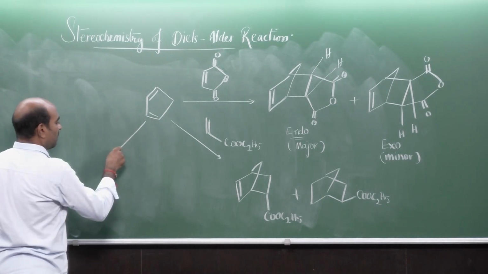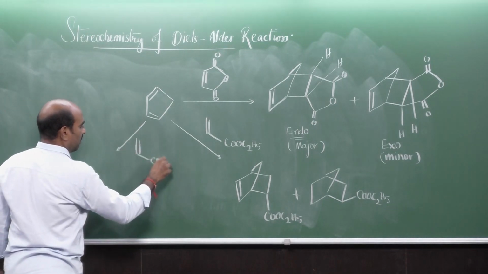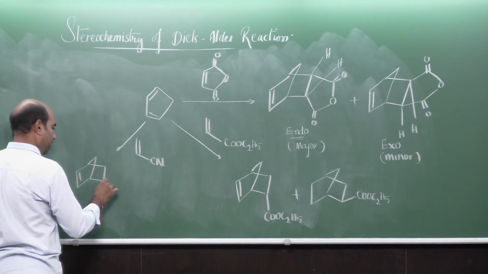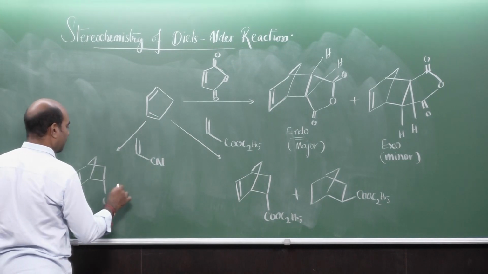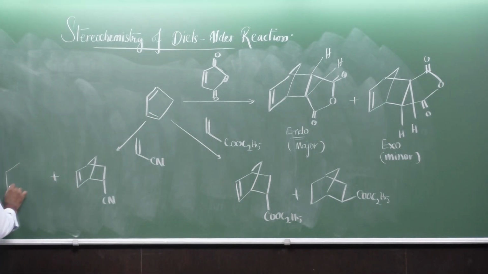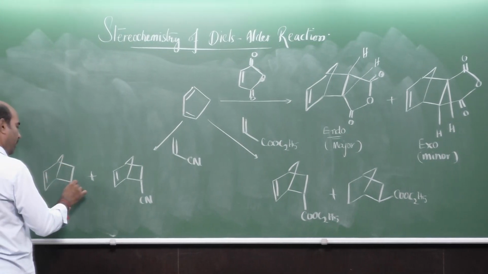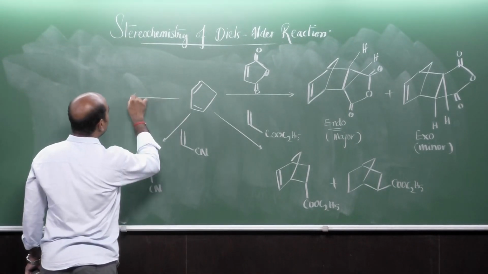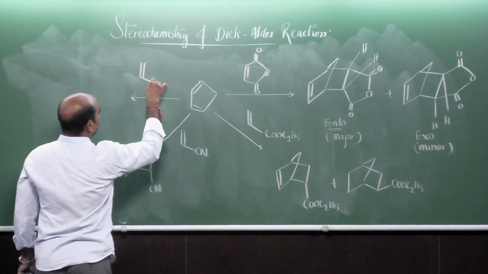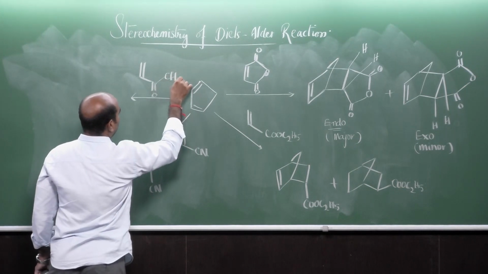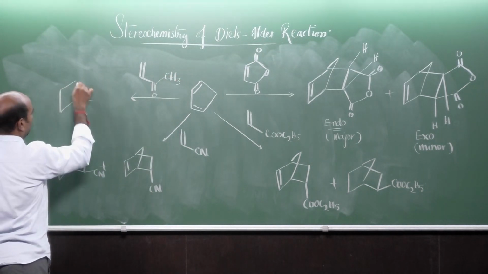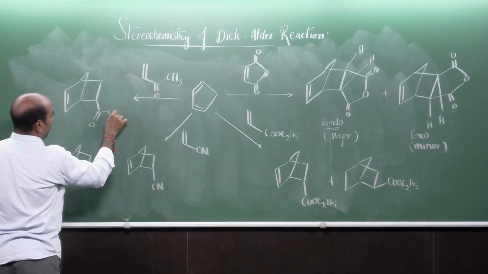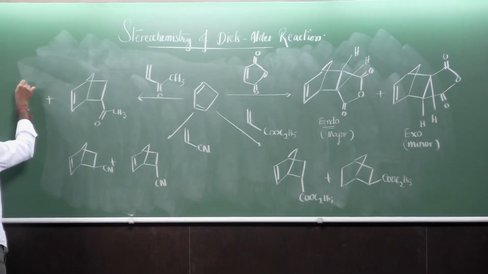So, if this is made to react with this dienophile, again endo plus exoisomer, right. So, if this is made to react with this dienophile, this is an endoisomer plus